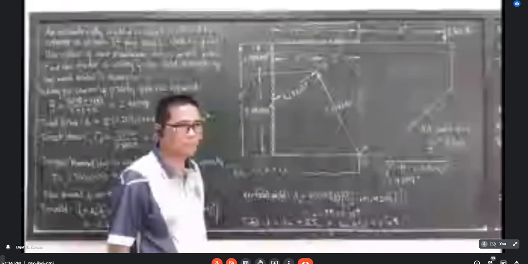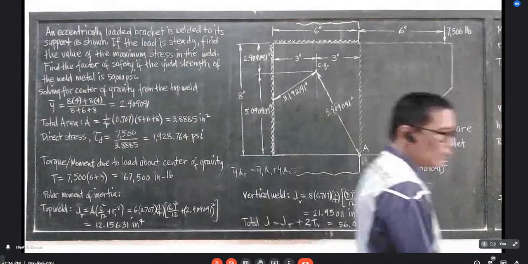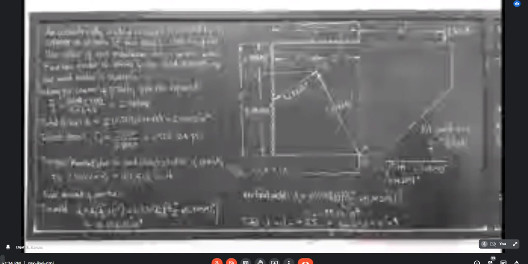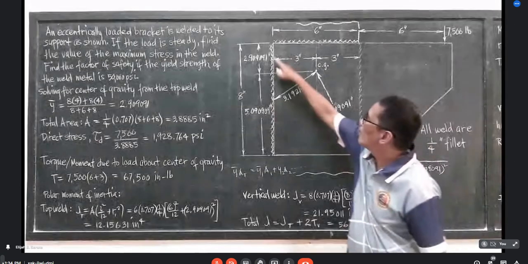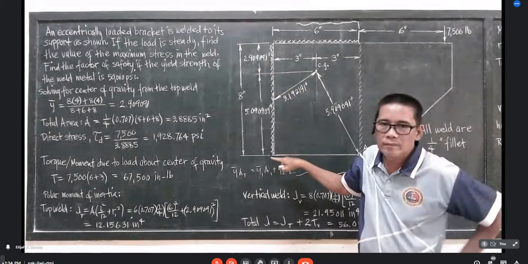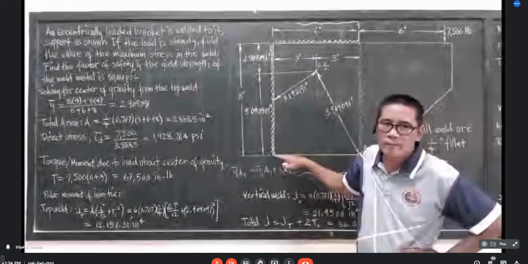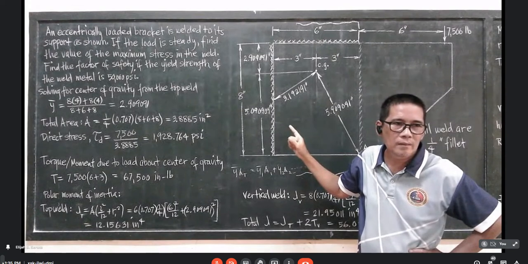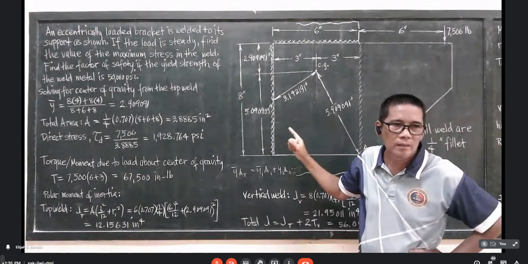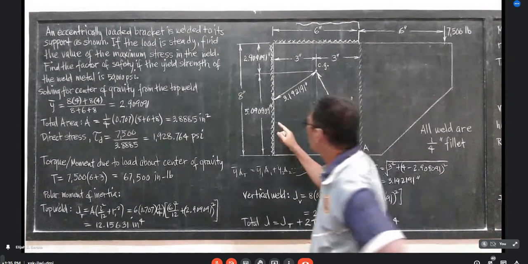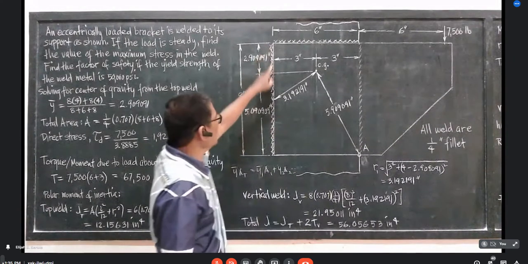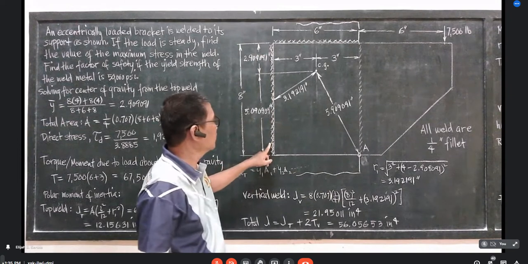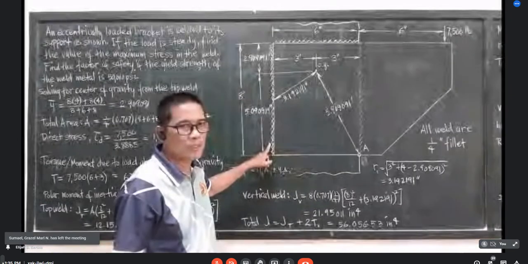Any idea for those who are connected online? Okay, what is the throat area of this weld? 8 times 6, sir. 8 times 6 for this weld. 8 times 1/4